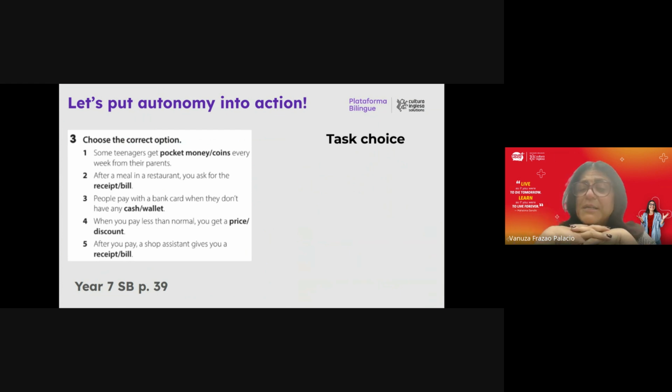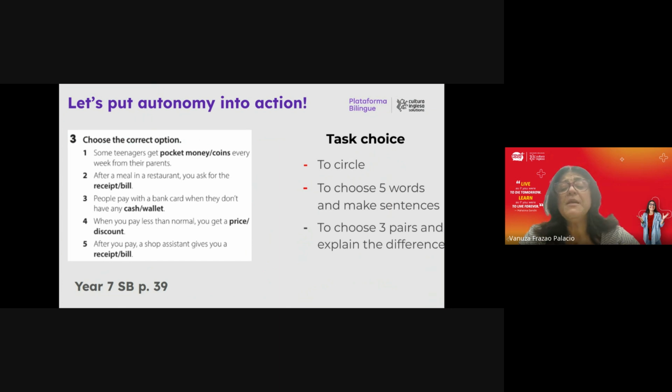Of course, it's pocket money, right? However, you may have students who think this is too easy. I mean, it's too simple. It's not challenging enough. I want something more challenging. So you offer them the opportunity of choosing 5 words and making sentences, or choosing 3 pairs and explaining the